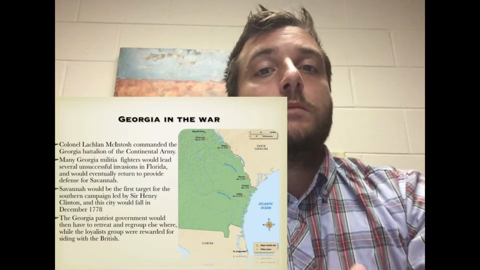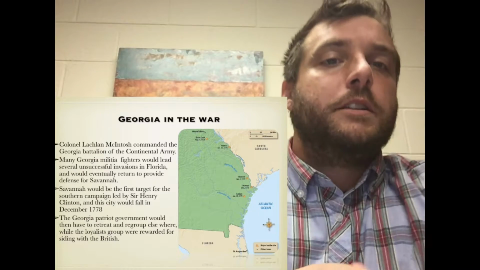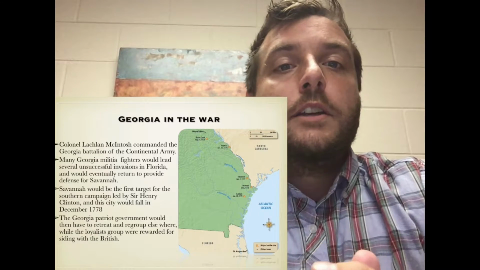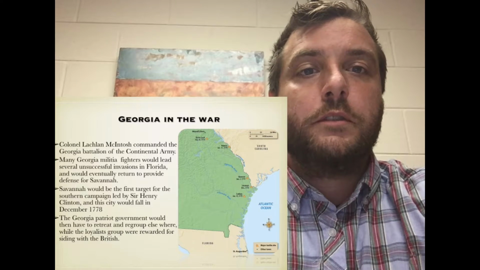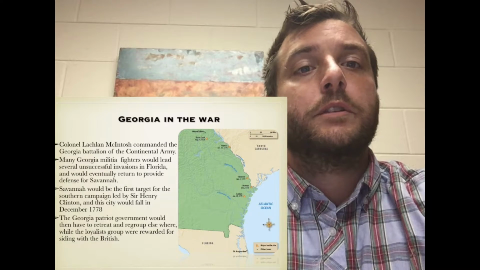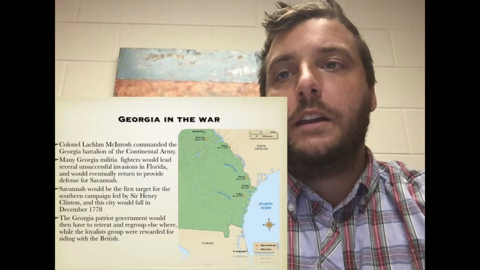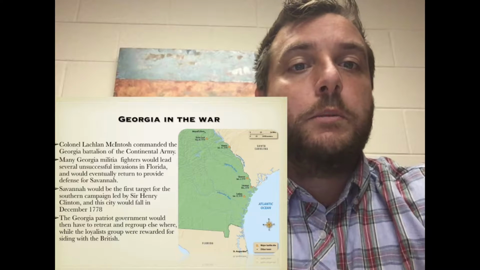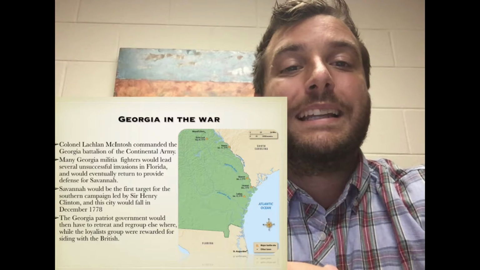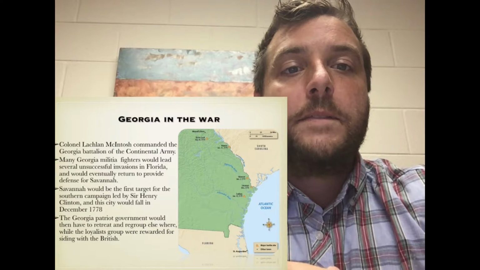So, Georgia in the war, Colonel Lachlan McIntosh commanded the Georgia Battalion of the Continental Army. Many Georgia militia figures would lead several unsuccessful invasions of Florida. So after that, they would move to Savannah and start preparing for the defense. Savannah would be the first target for the Southern campaign led by Sir Henry Clinton, and the city would fall